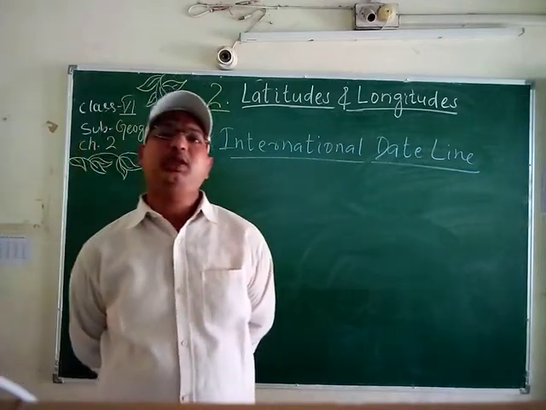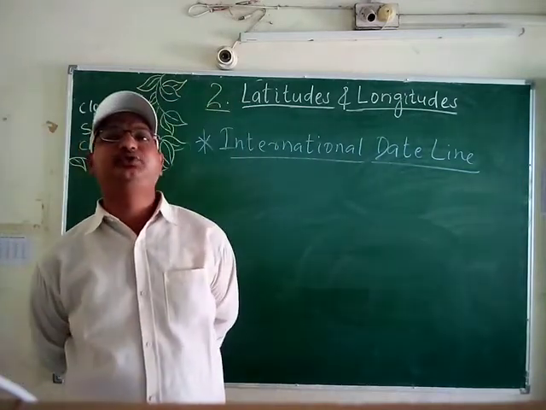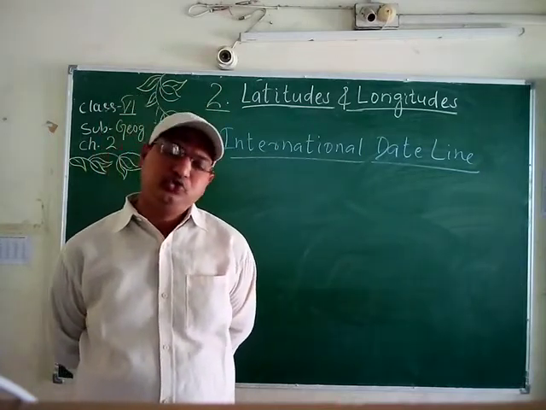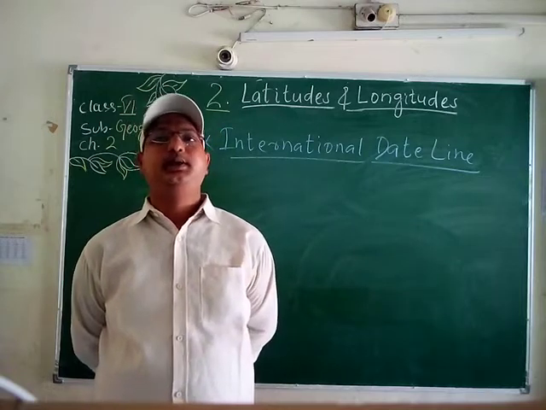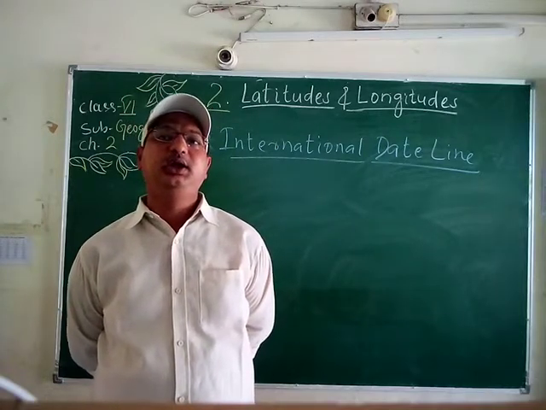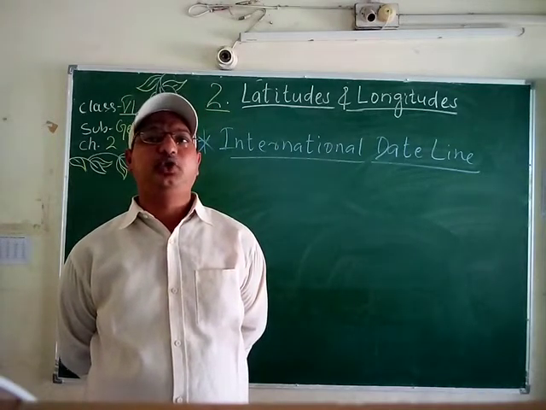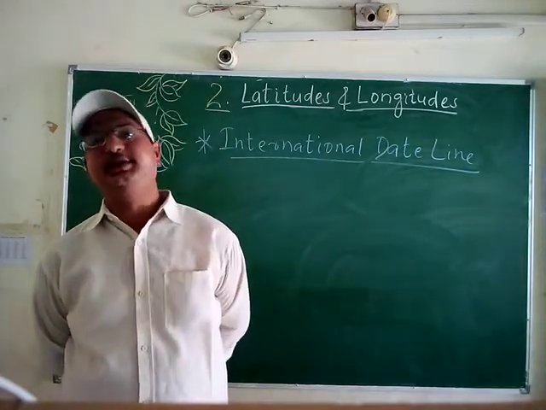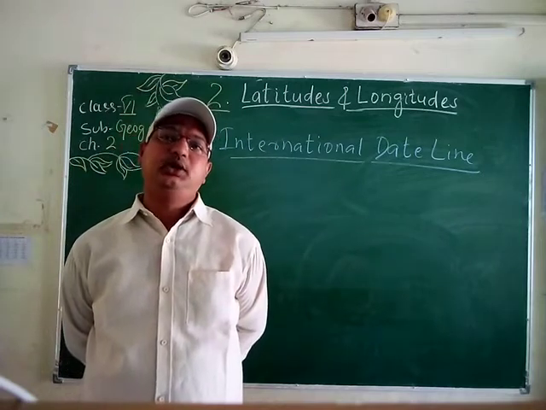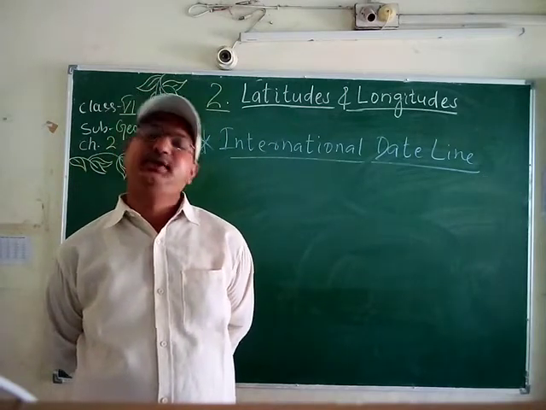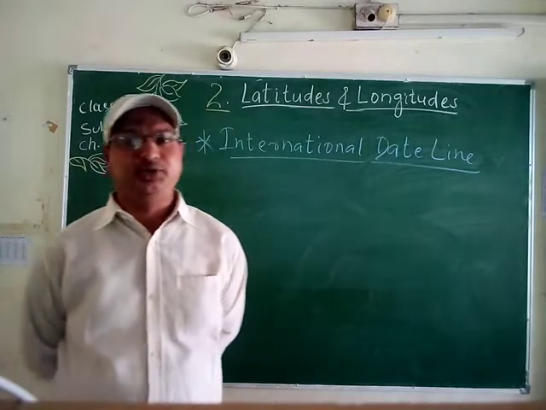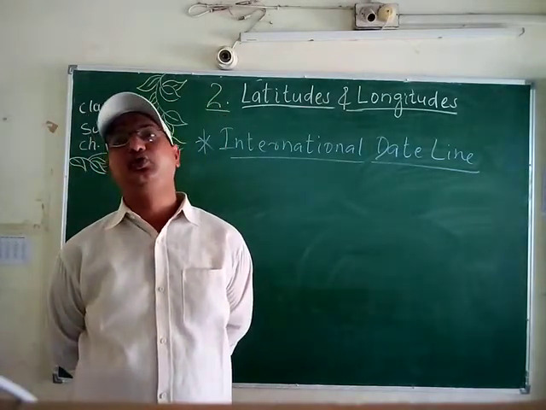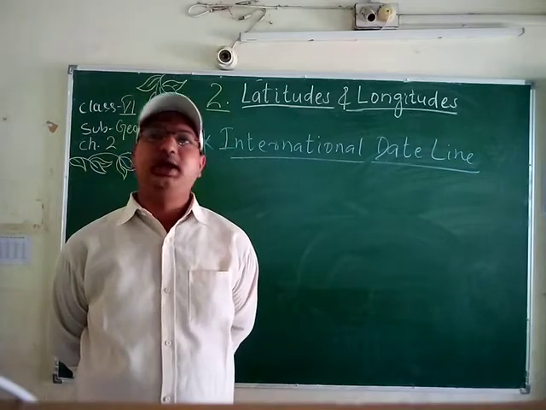Students, the 180 degree meridian passes through the middle of some island groups in the Pacific and also through Siberia and Alaska, putting parts of some countries on two sides of the international date line. This made it necessary to curve it, bringing Alaska on the same side as the rest of the United States of America. Similarly, Siberia also had to be on one side of the line.